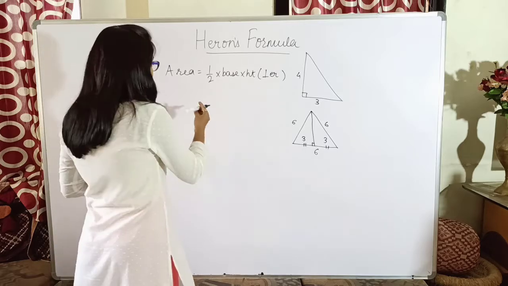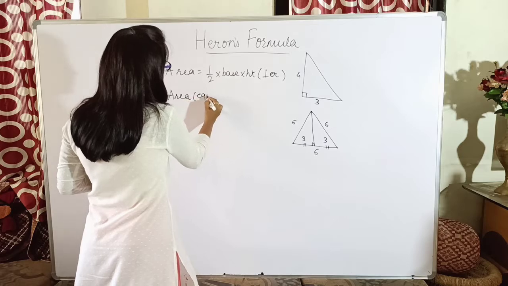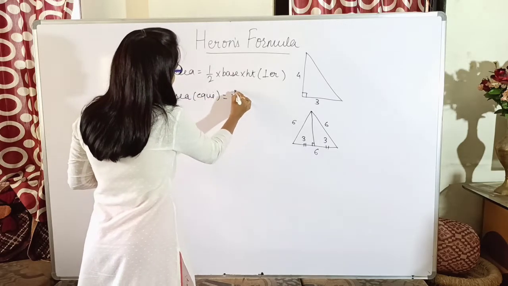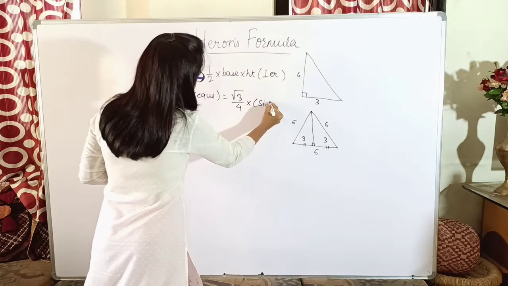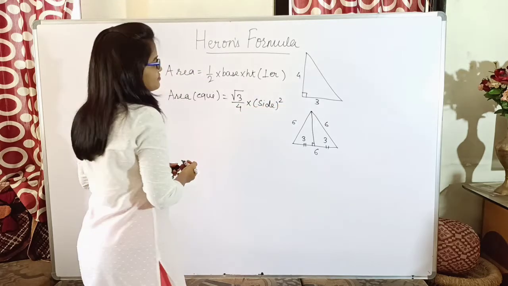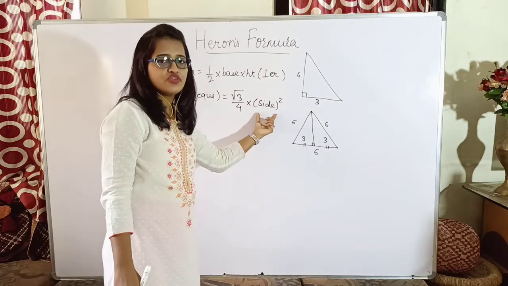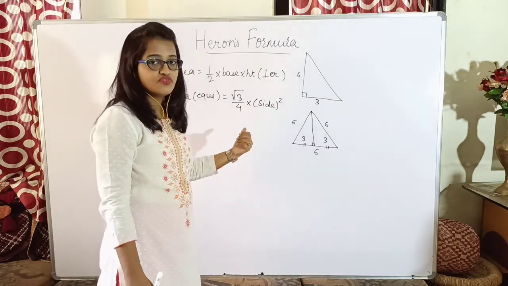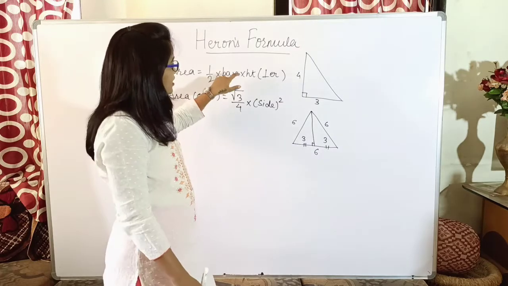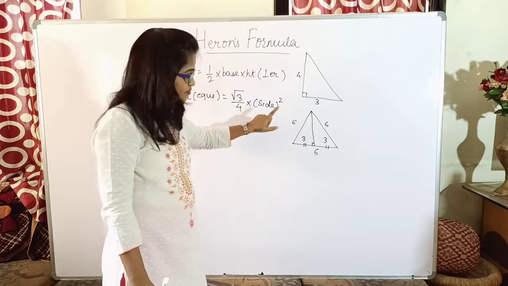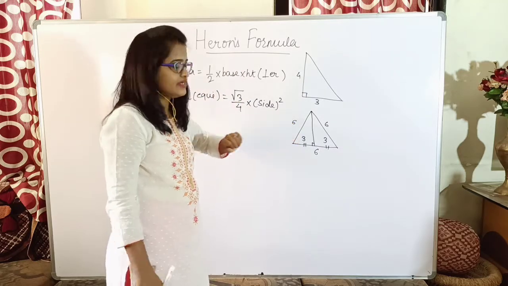Yes, and also we have a formula for area of an equilateral triangle which is root 3 by 4 into side square. Okay, so this is also one formula. Here directly if you put the value of side, you can get the area, which will be equal to the area you find by the other method, where you had to first find the perpendicular height.